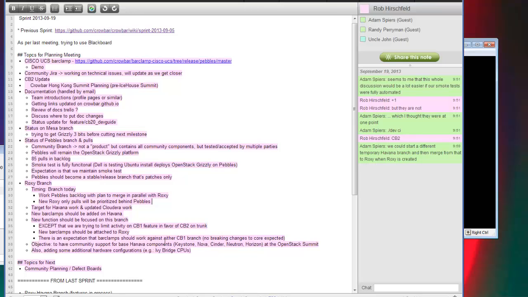So what does that mean? Does that mean that we actually merge Havana changes into Roxy now? I'm definitely fine handling conflicts case by case, but of the pulls that we've got, about 50 of them relate to OpenStack. There are structural changes in OpenStack that we probably want in the Roxy branch before we